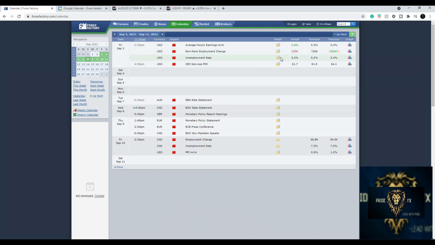As well as unemployment rate, we can see that the forecast was 5.2. We can see that previously it did 5.4%, and we can see that that actually stayed as the forecast. So the forecast is not always going to be right, okay? So they are just saying what they feel might happen, but it's not that we want to use that to our effect. We need to go and analyze the markets to get the best result.